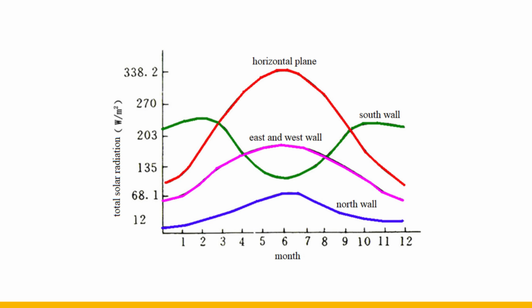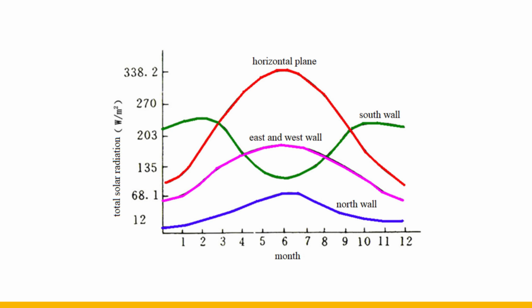The south exterior wall is opposite to the horizontal surface. The solar radiation received in summer is small, and the solar radiation received in winter is large, which forms warm winter and cool summer, and is favorable throughout the year. Therefore, the southward area should be maximized, and the main rooms should be located southward. The east and west exterior wall is similar to the horizontal plane, and the solar radiation intensity is low. The influence of solar radiation is between the southward room and the top level room.